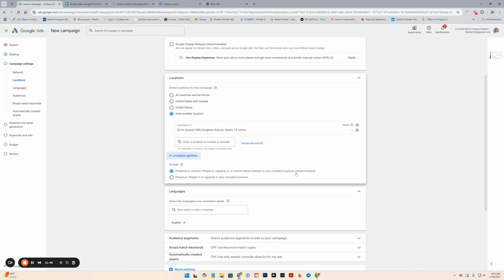Okay, you guys, sorry. I had to press pause because I knew there was something I was missing. And this is where it's so tricky. Come back up here to locations. We just entered our location, but even further than that, click on this. It's totally hidden and it has the default and it recommends that you should click this button, but you actually